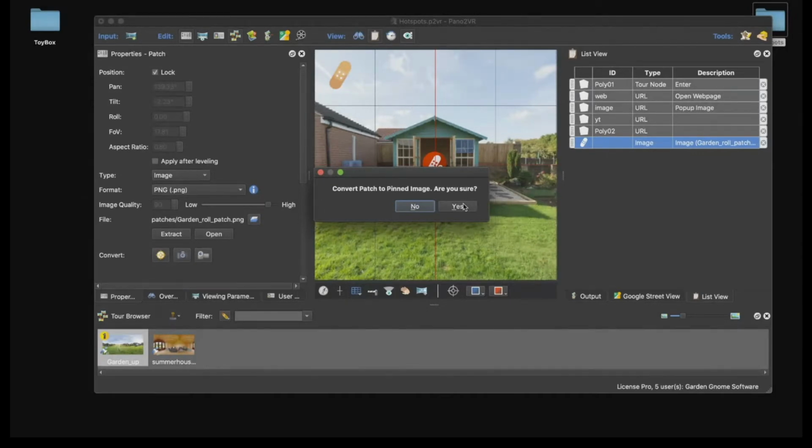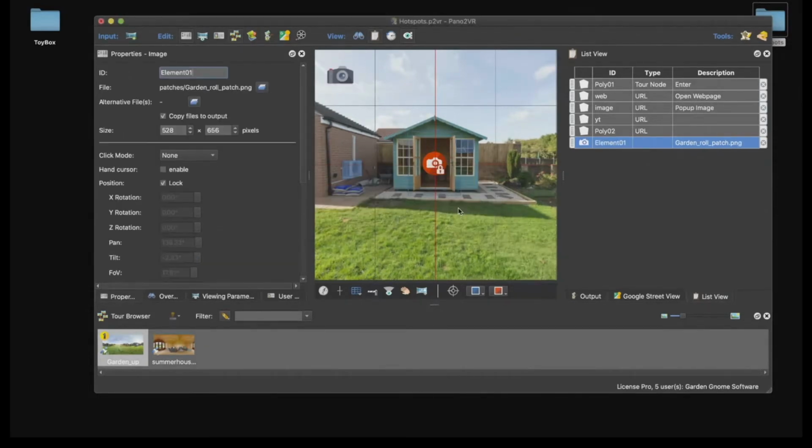So this is it. If I had exported this as a PSB, when it converts it, it would have converted it to a JPEG. I want it to be a PNG, so that's why I set PNG from the format. All right, so it is now a